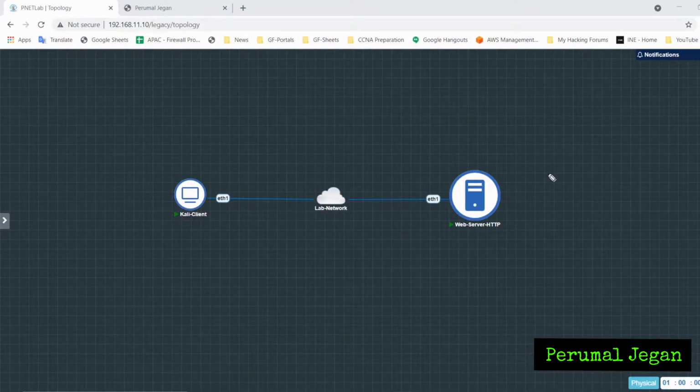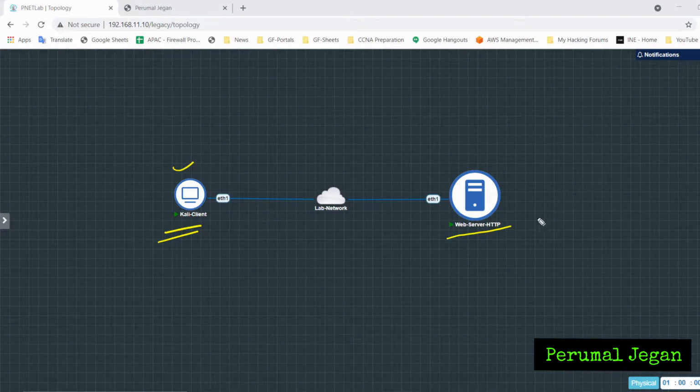First of all, let me introduce my lab to you. This is my simple lab I'm going to use to showcase the HTTP communication. This is my web server. This is where I hosted my simple HTTP web application, and this is my web client. I'm using my Kali machine as my web client. I'm going to use the console in the Kali machine to show the HTTP communication. Not only the console, I'm going to use a couple of other tools to show the HTTP communication.